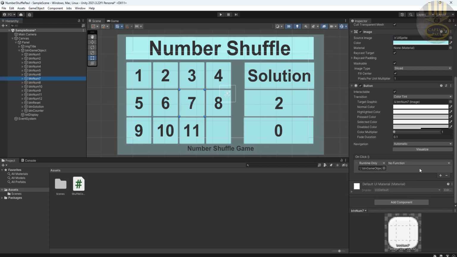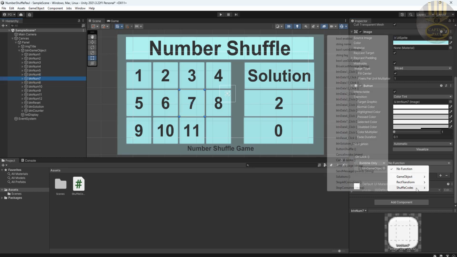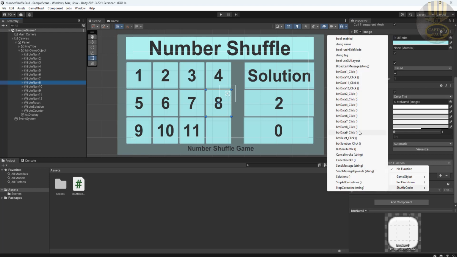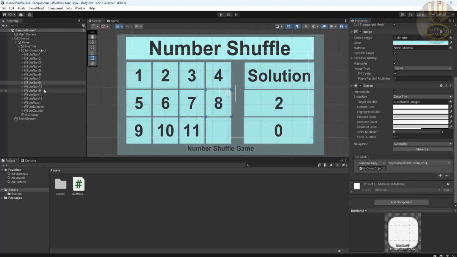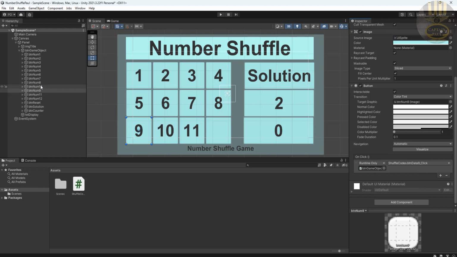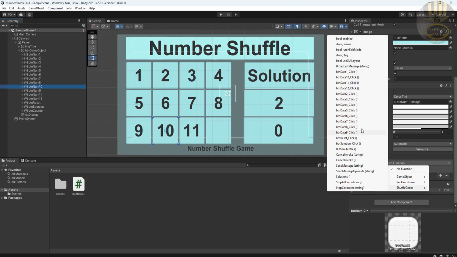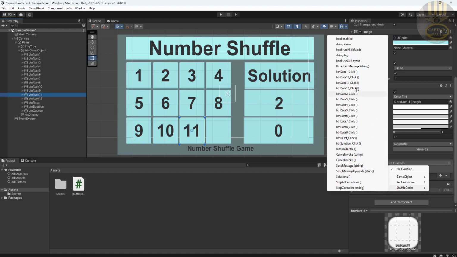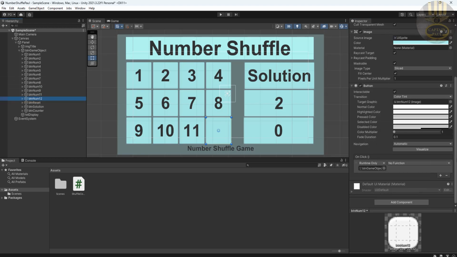Button number 7, grab hold of the function for button number 7. Button 8, repeat that. Button 9, there we go. Button 10, there's the function for button 10 there. Button 11, there we go. 12,